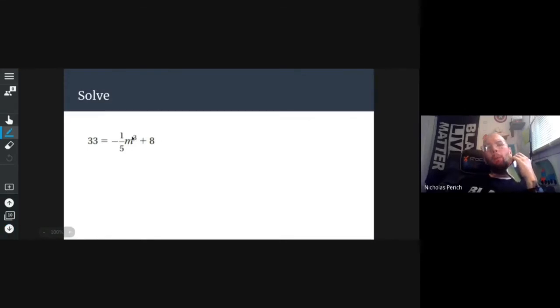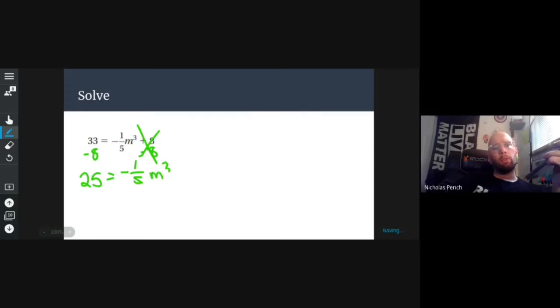Is M all by itself? No. What is in the way? I have a negative 1/5 attached to M, and I have an 8 floating around. Which one should I get rid of first? The minus 8 or the 8? So I minus 8 and I minus 8. Boom, boom. 33 minus 8 is 25. And that leaves me with negative 1/5